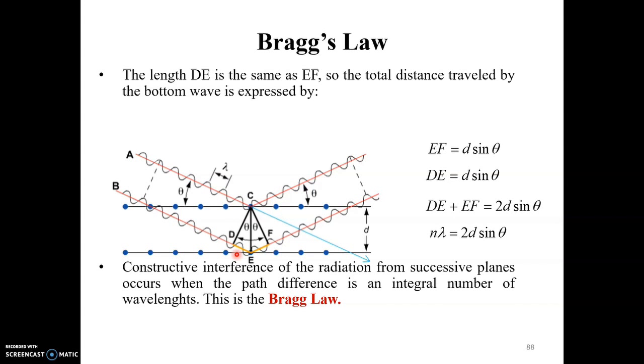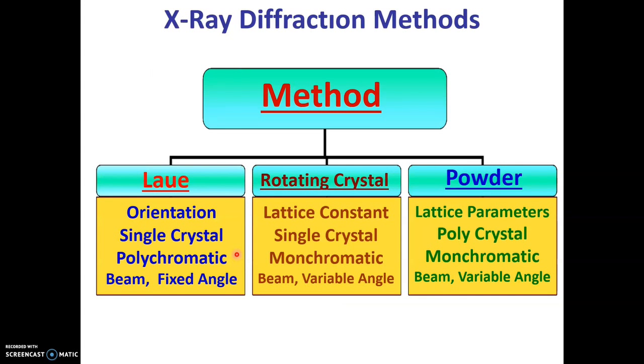Right? In the diffraction method, there are 3 different types of samples that can be analyzed. One is the Laue method, the rotating crystal method, and the powder method. Most probably we are using the rotating crystal method for the XRD analysis. So this is the method of calculation to identify what type of crystal we have synthesized.